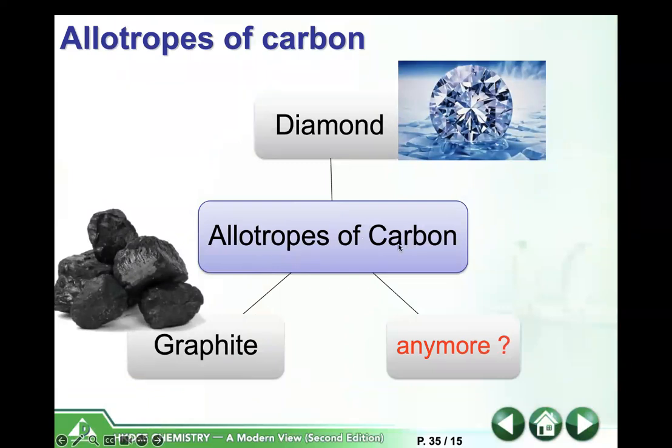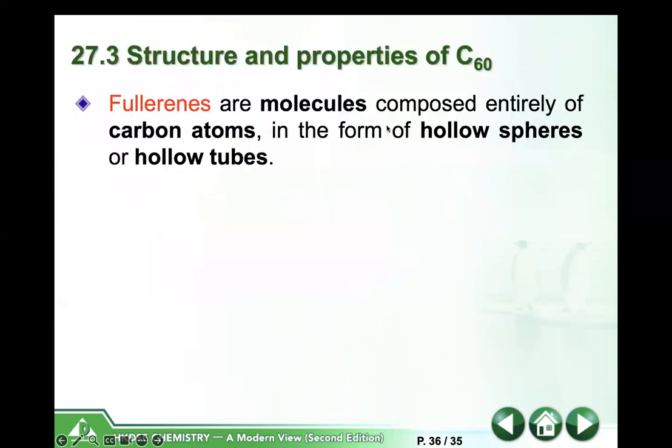The allotropes of carbon means they are the same element, carbon, but they have different forms, or different ways of packing. Actually, there is another one, which is called C60. C60 is a fullerene. They are molecules